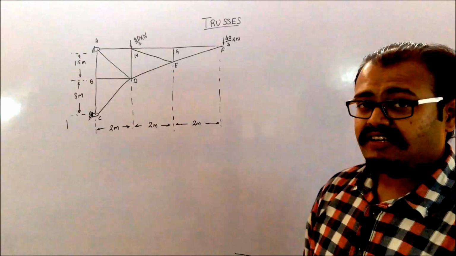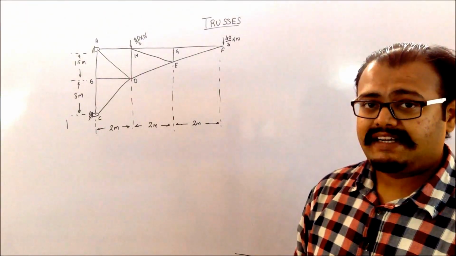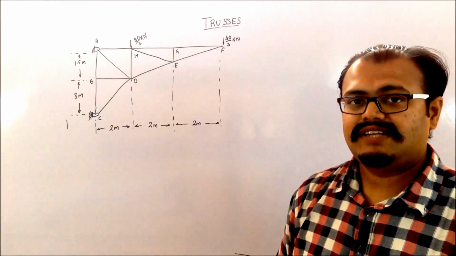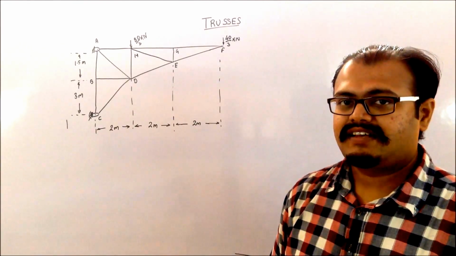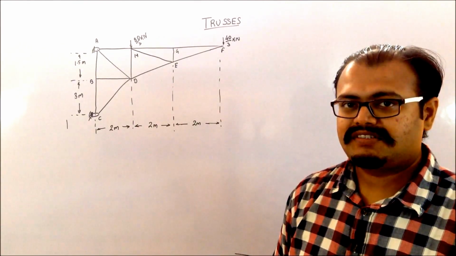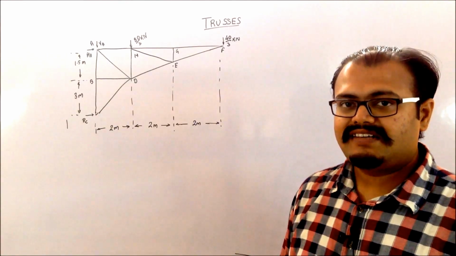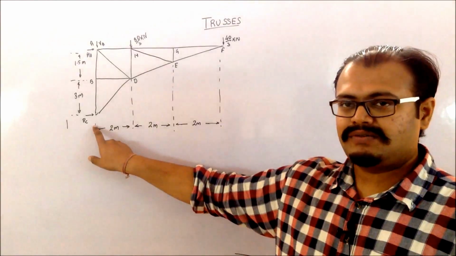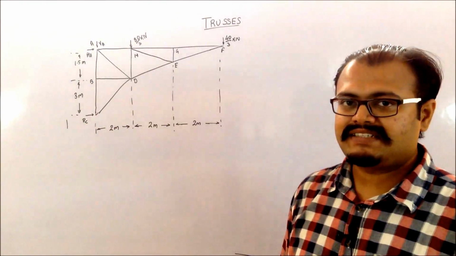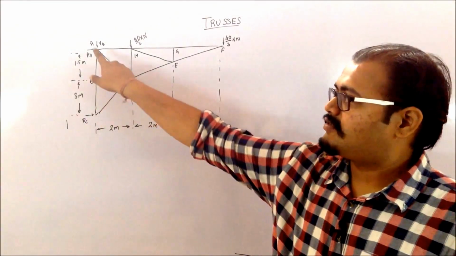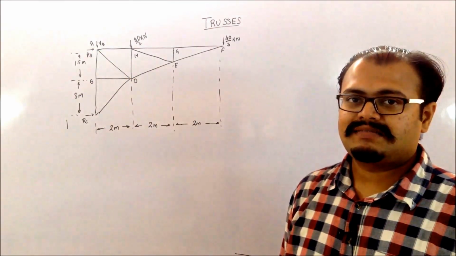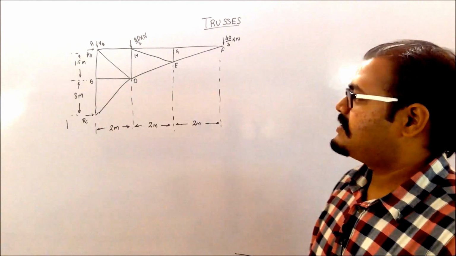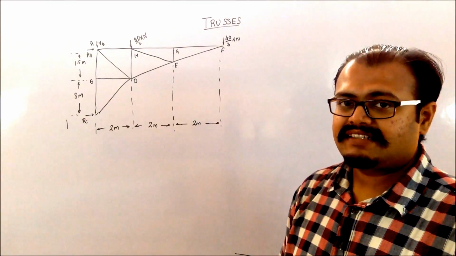In the joint method, we know that we have to find the reaction forces at the supports. So let us try to find the reaction forces by replacing the supports with their forces. Now I have replaced my supports with their particular reactions. This was my roller support, so it is replaced by only one force. This was my hinge support, so it is replaced by its horizontal and vertical components. So let me try to analyze the reaction forces.